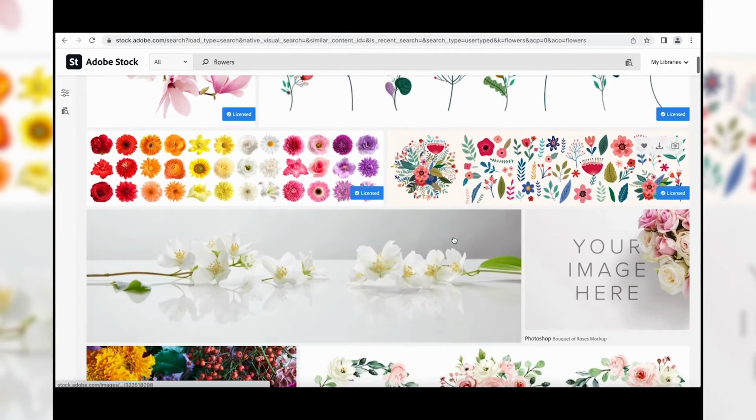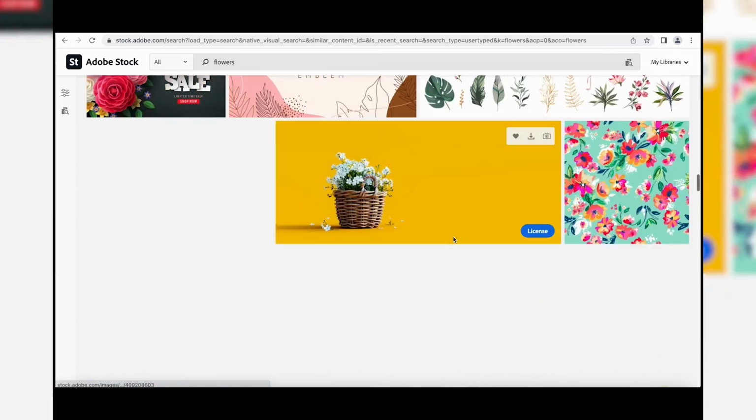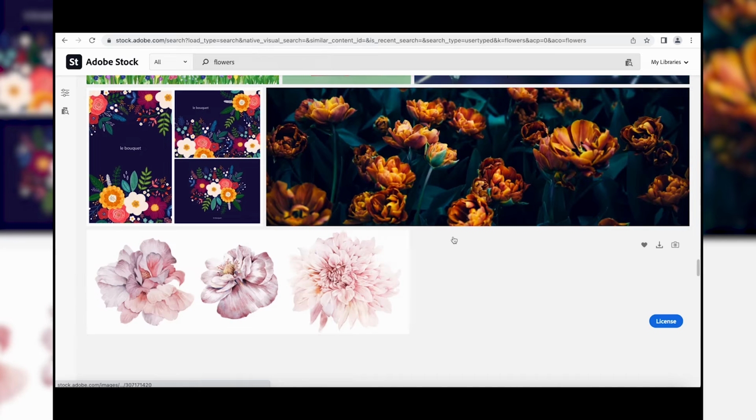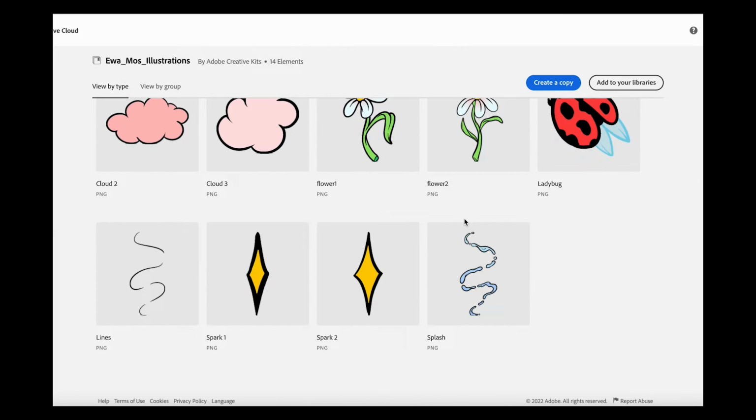So now we get into the fun part. You will want to find some design assets to animate in your picture, which can be found in Adobe Stock. As an Ohio State student, you have access to free licensing to thousands of images on Adobe Stock. I found a library of images by artist Ewa Moss, which I will be using. You can access this library to use the assets that I use in the video by going to this link.